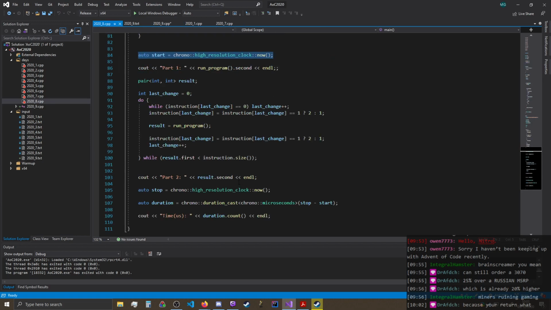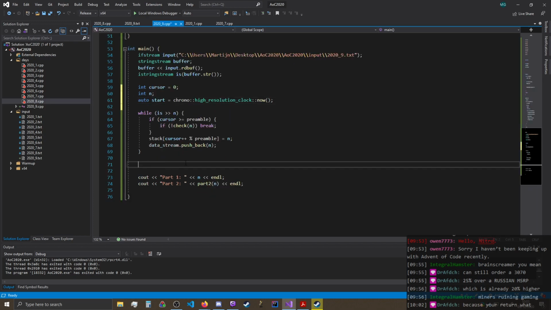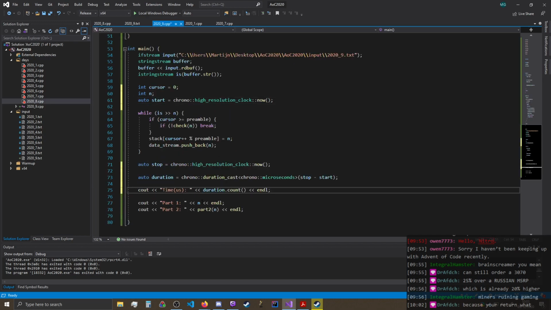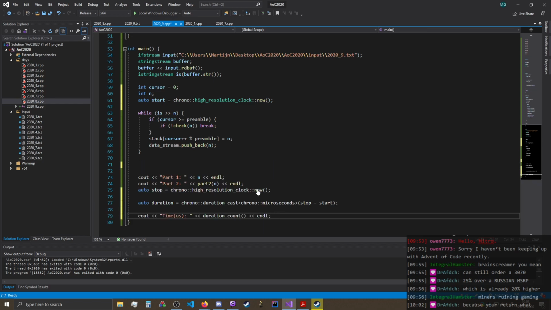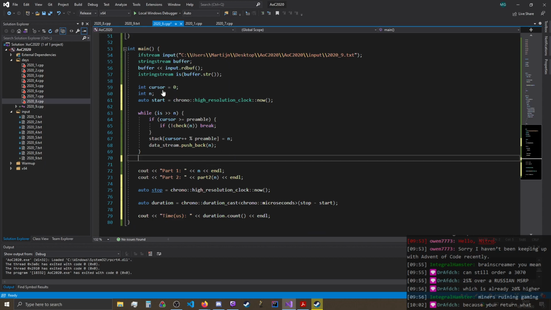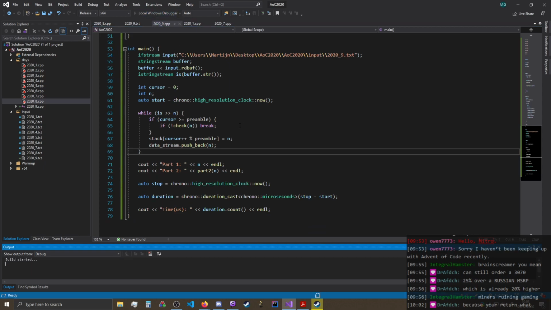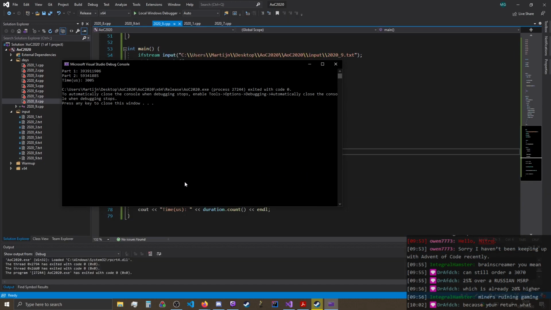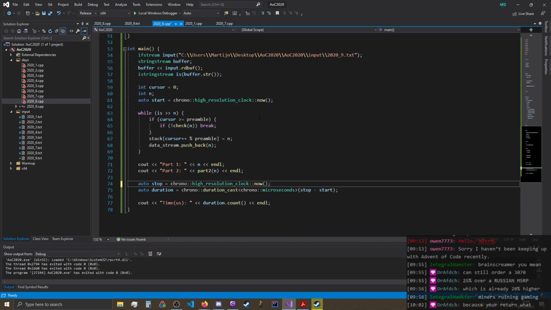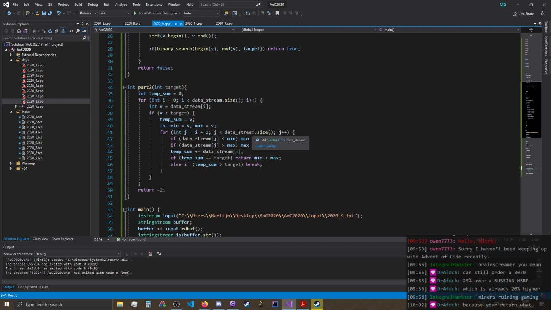So normally I wouldn't include data reading, but since we're doing processing while we're doing that, I think it counts here. 3,000 microseconds, so it's 3 milliseconds. It's slow. But it's also because we're